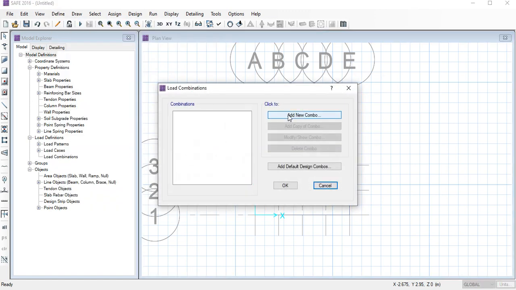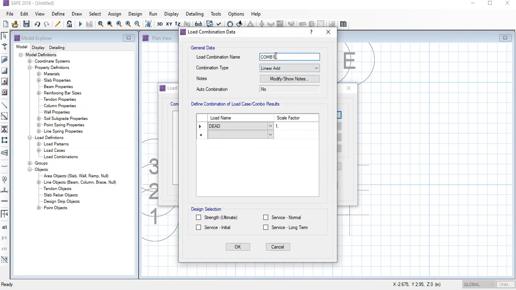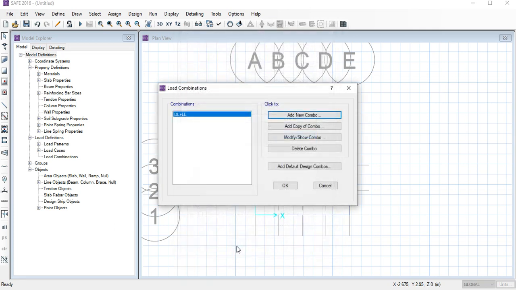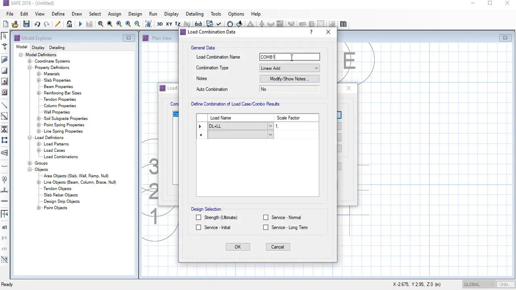We will define only two load combinations: first is for service load and second is for the ultimate strength. For the service we will do dead load plus live load for serviceability. The dead load has already been defined, and here is a 1, and because it's for the service load, we will click the third option, service. So we will leave ultimate and click here service load. We will click OK, and we will again define for the ultimate strength.